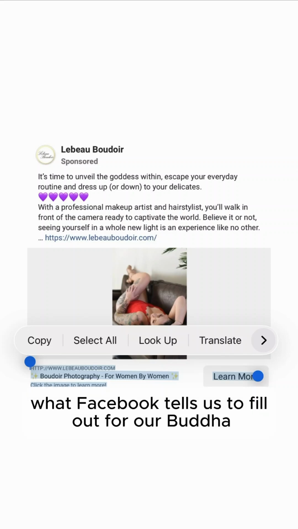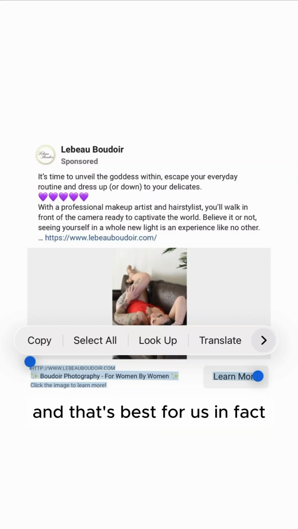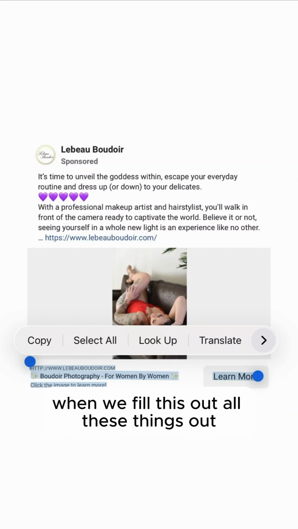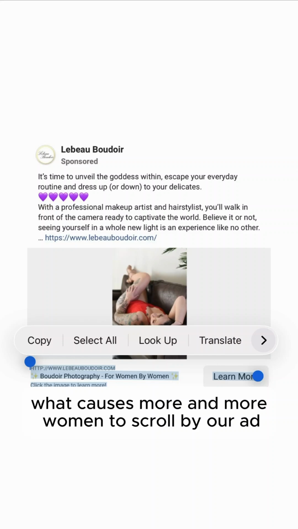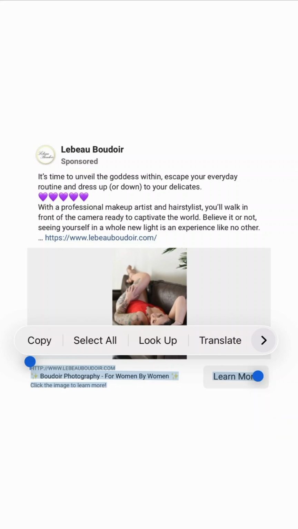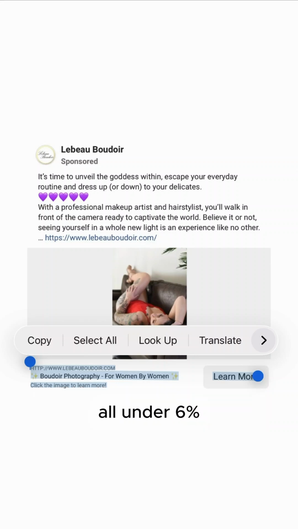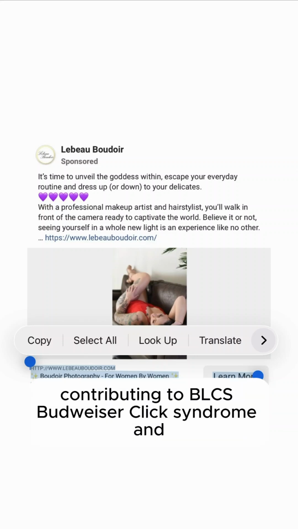that we actually believe that what Facebook tells us to fill out for our Boudoir Facebook ads is what we should fill out, and that's best for us. In fact, it's not as best for Facebook because when we fill this out, it causes more and more women to scroll by our ad, which means instead of clicking in, they're scrolling by, pulling our unique CTRL under 6%, contributing to BLCS, Boudoir low click syndrome,